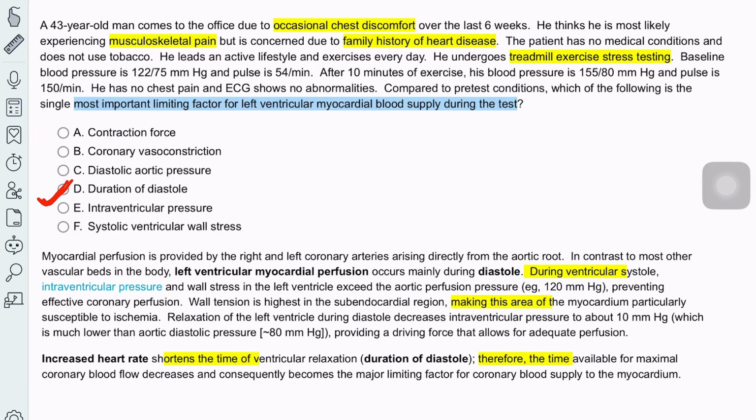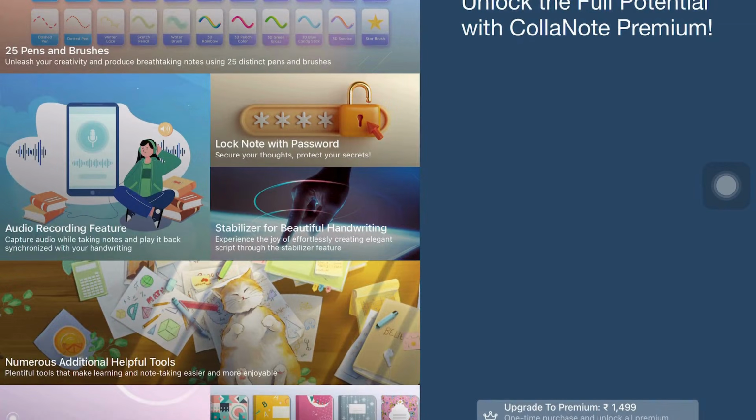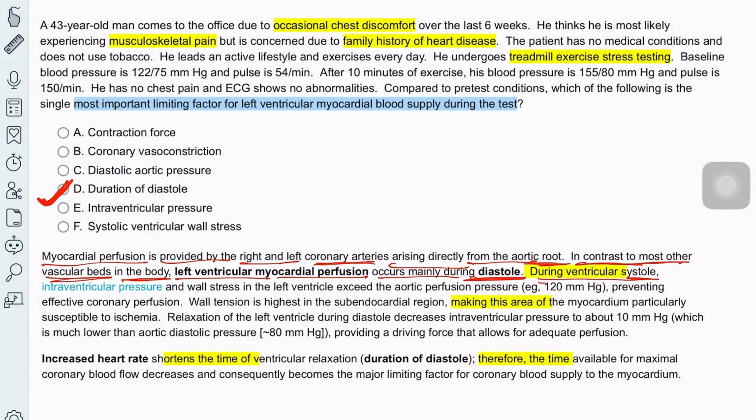So the myocardial perfusion is provided by the right and left coronary arteries, as we have seen above, arising directly from the aortic root. In contrast to most other vascular beds in the body, left ventricular myocardial perfusion occurs mainly during diastole. During ventricular systole, interventricular pressure and wall stress in the left ventricle exceeds the aortic perfusion pressure, that is more than 120,